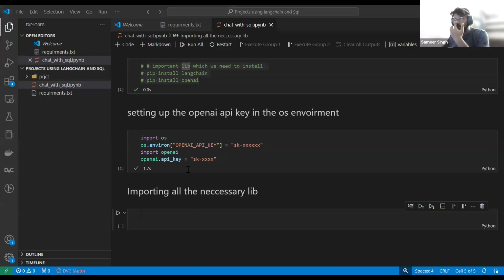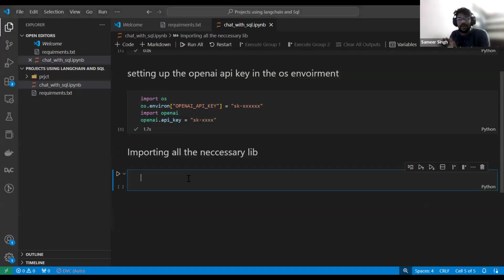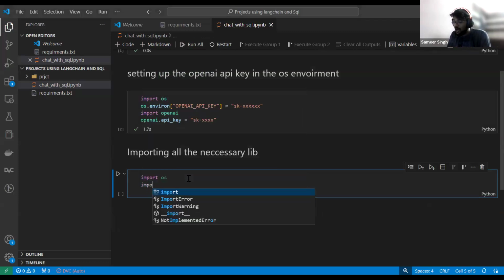So what are the important libraries that we need? Very first we need OS, then of course from LangChain. Yesterday I explained to you the concept of agents, right? So the same thing I'm going to use here.